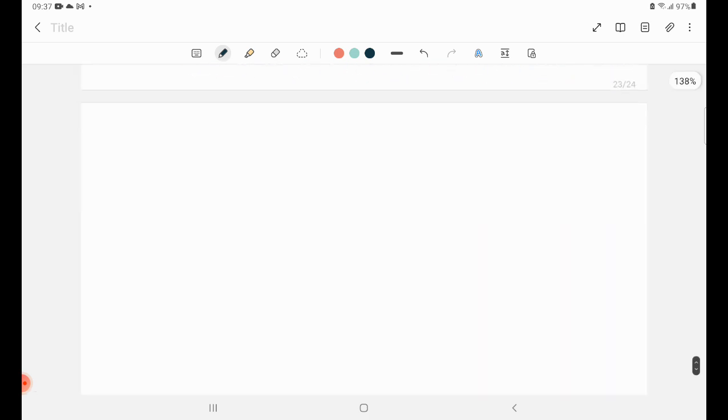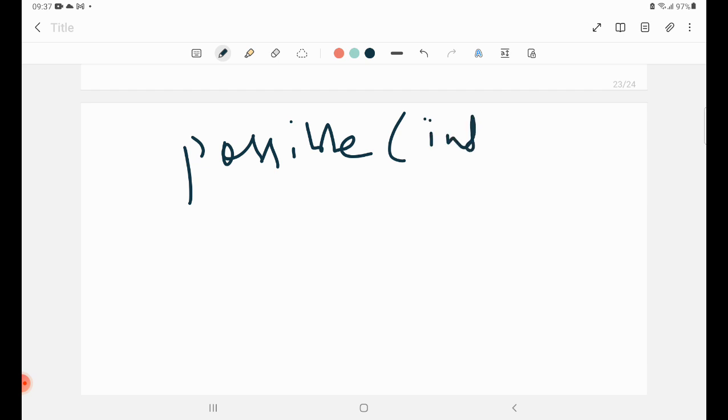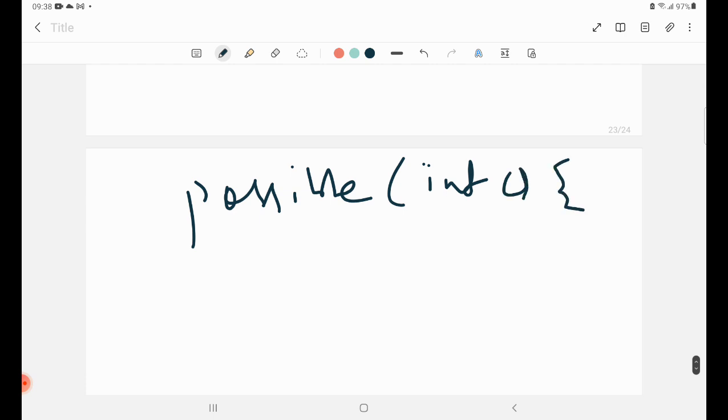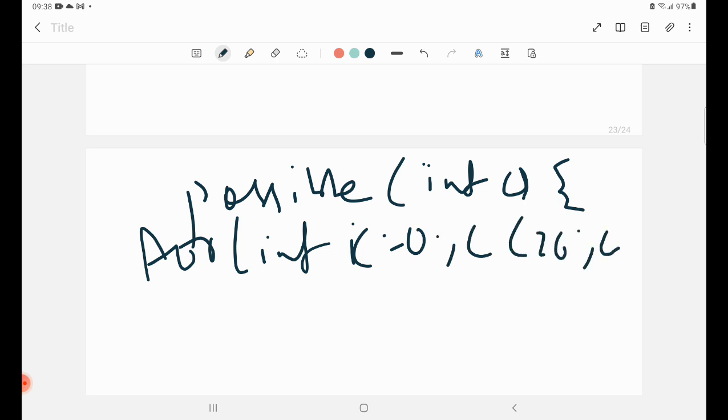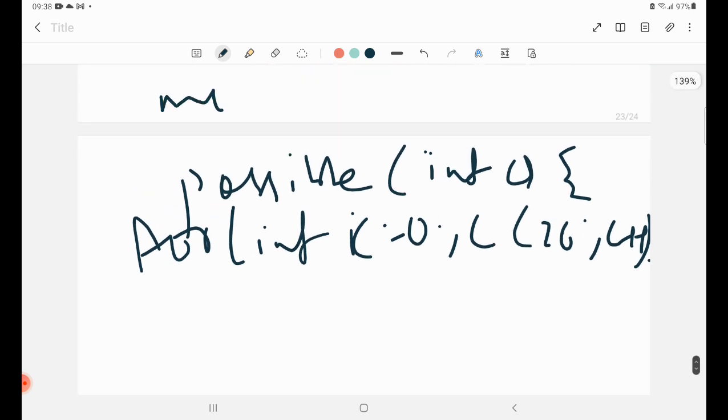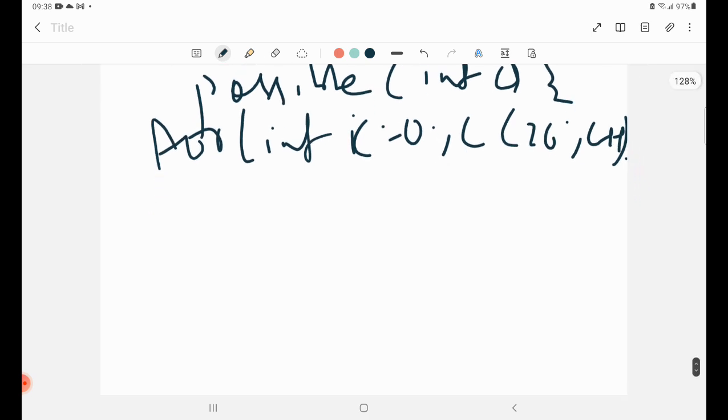Because then we will use a different function, and we will check whether putting c is possible or not. So how are we doing that? I have already explained the two conditions. Now I will explain the possible function. You're basically doing possible of c, so that is coming as c only here, right? And then you will calculate the mode after each step. So you will go through this loop, int c equal to 0, c less than 26, c plus plus, and you will have a mode. At the beginning, let's set mode equal to 0,